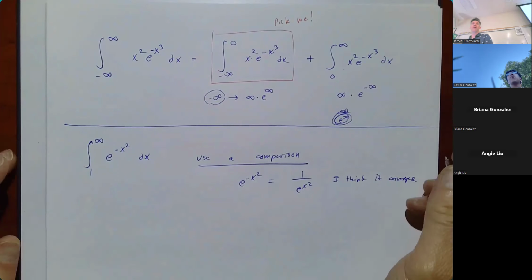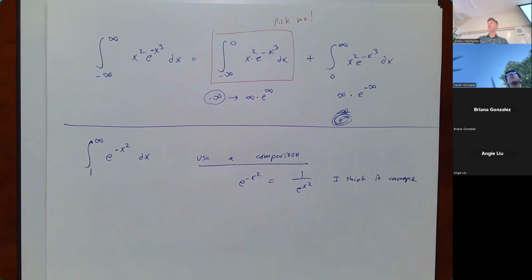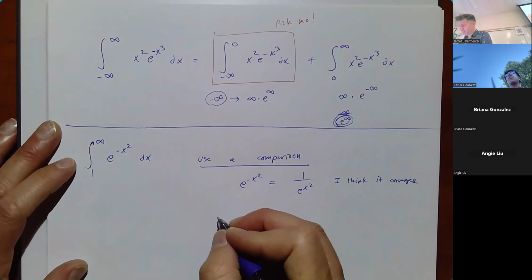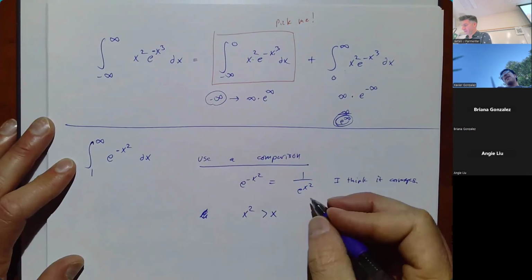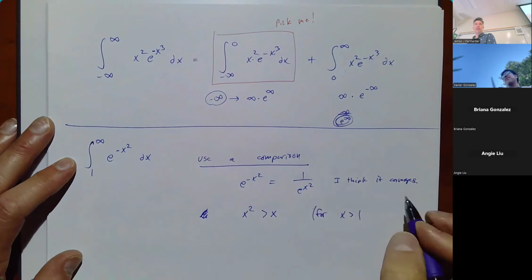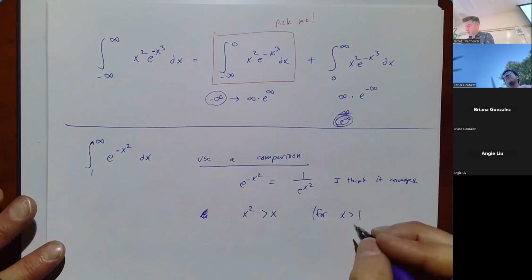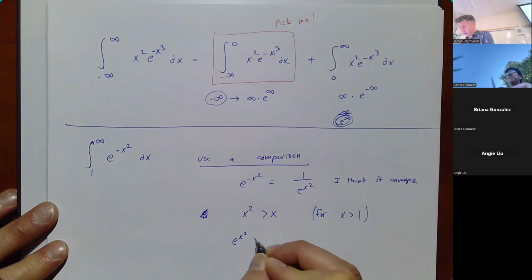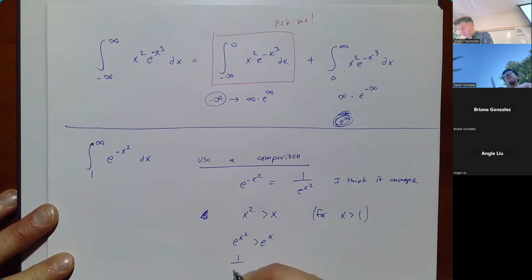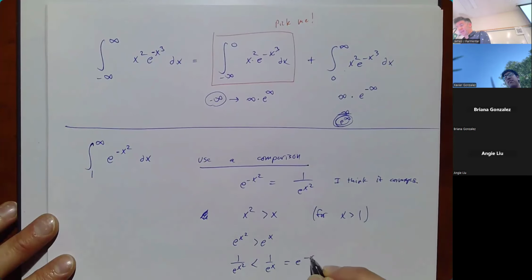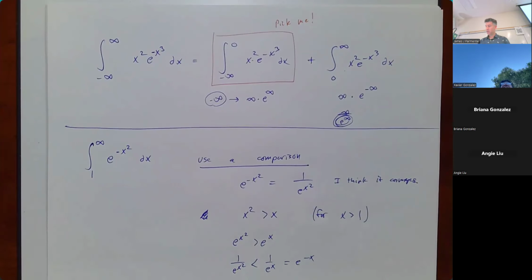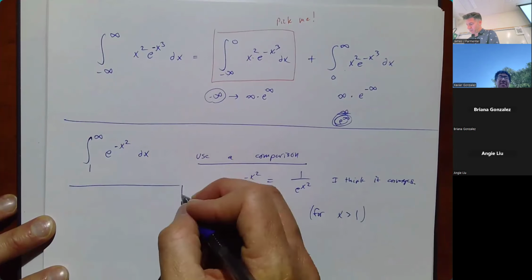So I want to find something larger than it that is also going to be convergent, or at least something larger than it that I know how to antidifferentiate. Well, here's what I know. x squared is bigger than x for x larger than 1, which we're definitely in here. Then e to the x squared is bigger than e to the x, and 1 over e to the x squared is smaller than 1 over e to the x. And 1 over e to the x is e to the negative x, and I know how to antidifferentiate e to the negative x. So instead, let's look at